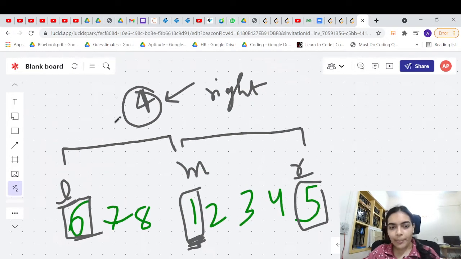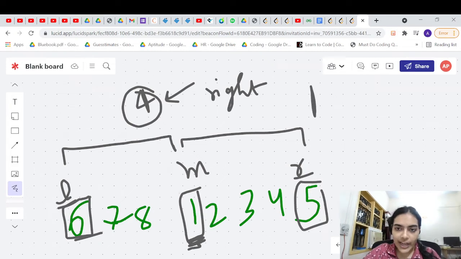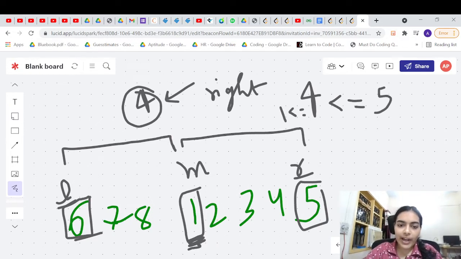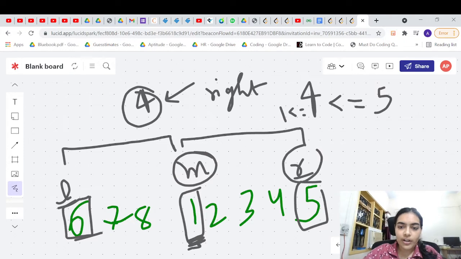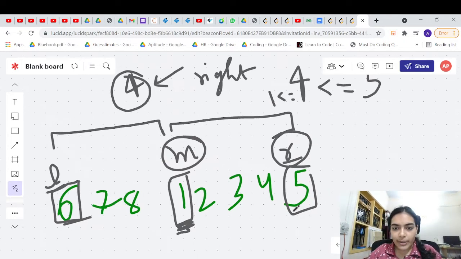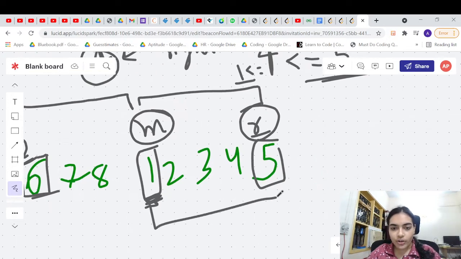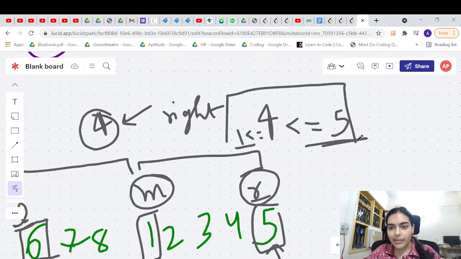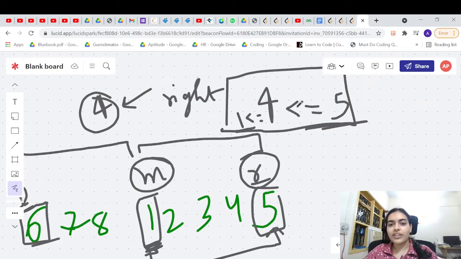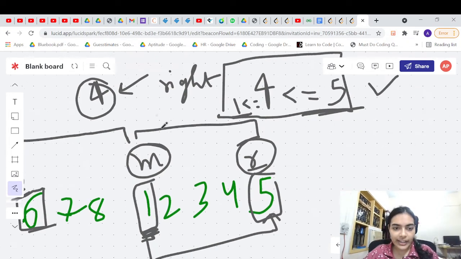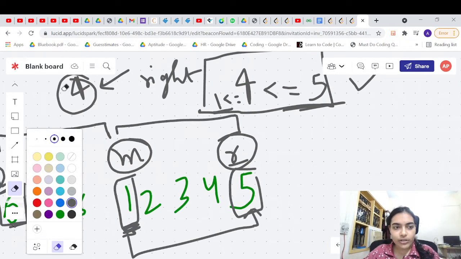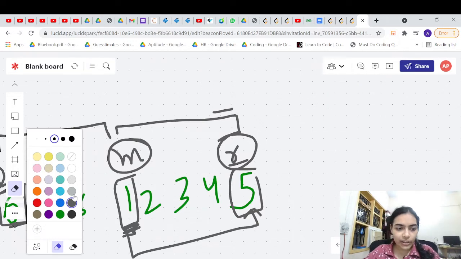So now what we'll do is compare whether the element 4 is between 1 and 5. Why are we comparing 1 and 5? We know it is right sorted, so we can compare if 4 is between the element at mid and the element at right. Because all these elements are in sorted order, you can make this comparison. You can check if it follows this criteria. In this case, luckily it follows our criteria, so it is right sorted, and we are following this particular criteria, right?